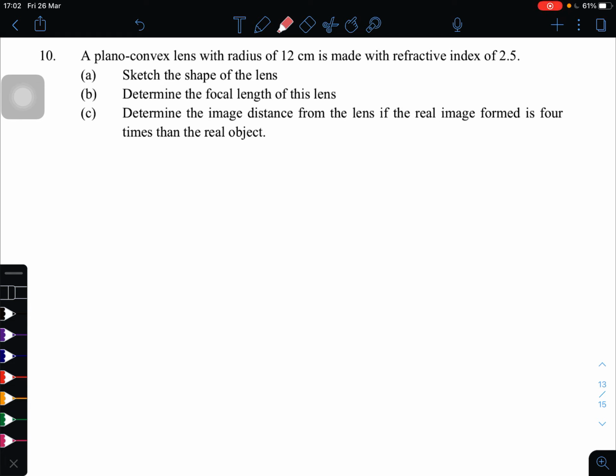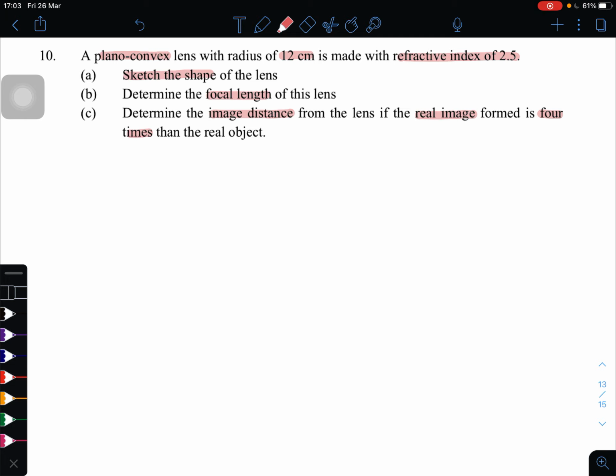Okay, now kita tengok soalan number 10. A planar convex lens with radius 12 cm is made with refractive index of 2.5. First question, sketch the shape of the lens. And then next one, determine the focal length of this lens. And then last one, determine the image distance from the lens if real image form is 4 times than the